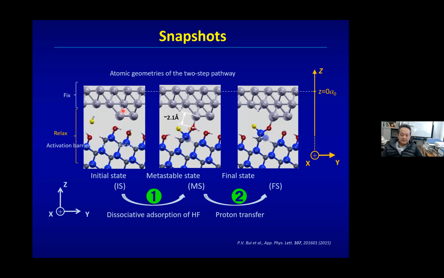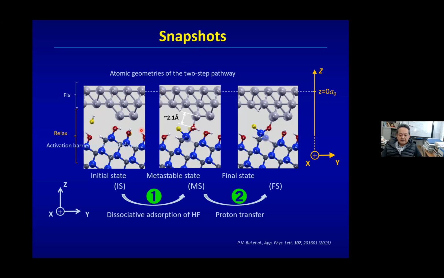As you can see here, this is the initial state. We put the HF molecule here, and as you can see, this is a step edge silicon, and this area is a wide space. This area has wide space, so we can put the HF molecule here. And